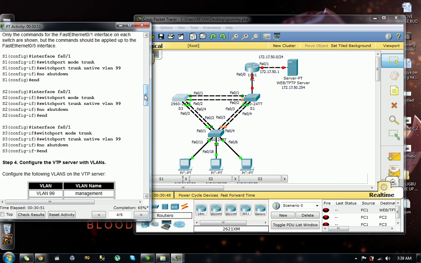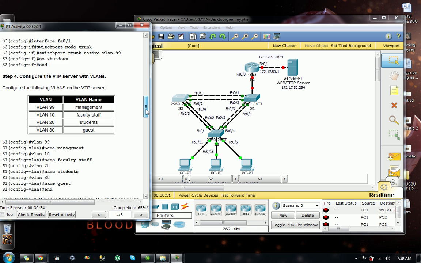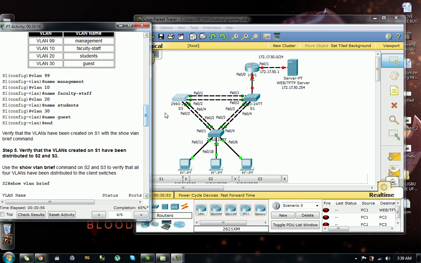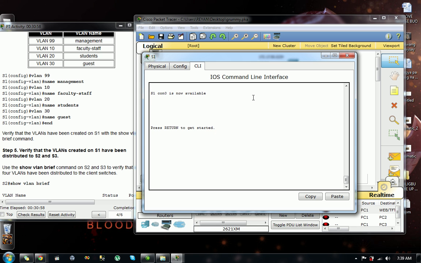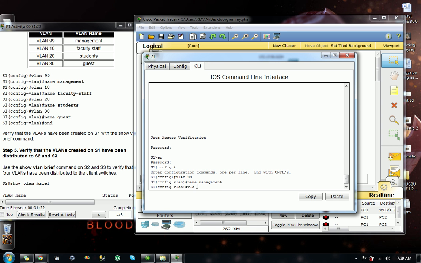Then the next step is configure the VTP server with VLANs. Go to switch 1, then press enter, the password is Cisco, then EN, then class, and then config T, type the word VLAN space 99, then name space management, enter, then VLAN space 10, then name